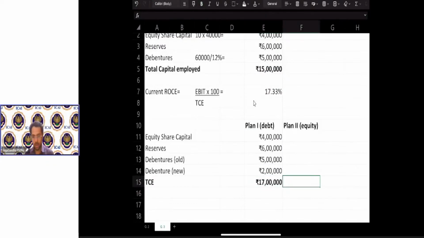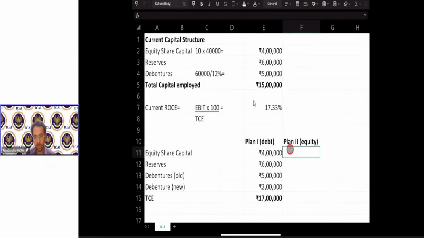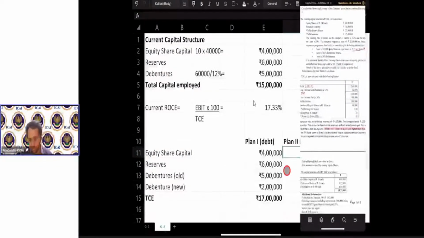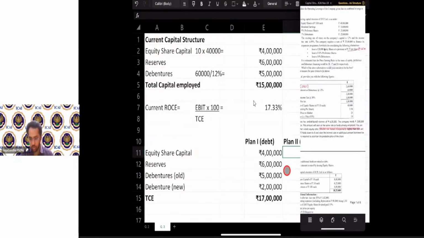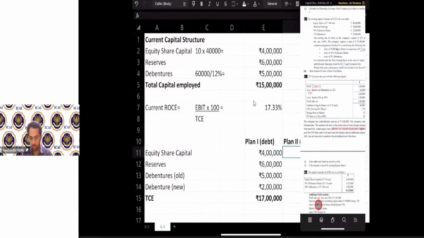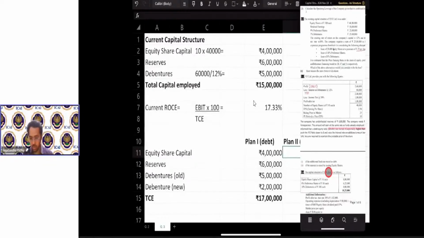Now, plan 2, which is an equity plan. Over here, the equity share capital will continue to be this 4 lakh and also additional equity. Now, additional equity is going to be raised in what part, in what ratio? By way of equity, if you're going to issue it, the ruling market price is 25, and the amount will, you can say, the question further says,